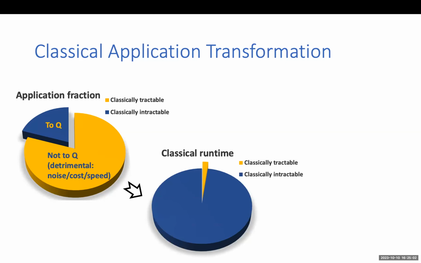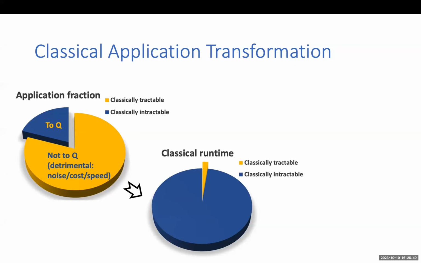So how do you actually run this on a quantum device? You want, of course, to send this blue portion to your quantum device, but you want to do this yellow portion on a classical computer. And it is better to do this for every reason possible. If you run this on a quantum device, the quantum device is going to be noisy, or you need a lot more resources to compensate for this noise. Quantum resources are always going to be very expensive, so there's a lot of cost involved. And quantum resources are pretty slow as well. They are much slower than a classical computer. So it's only useful to use a quantum device for the portion of your application which truly needs a quantum computer.